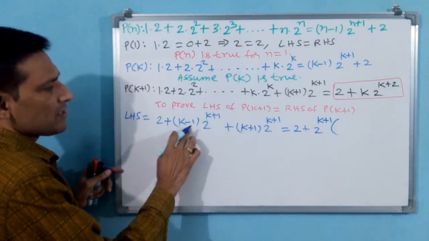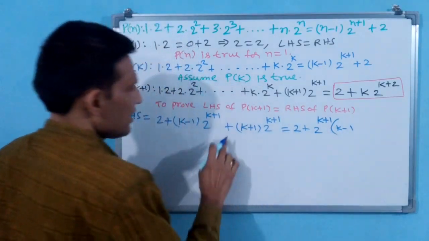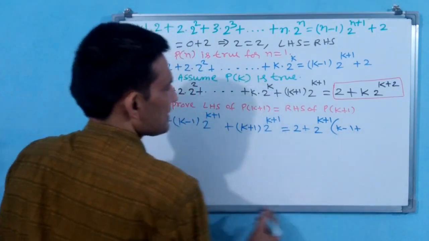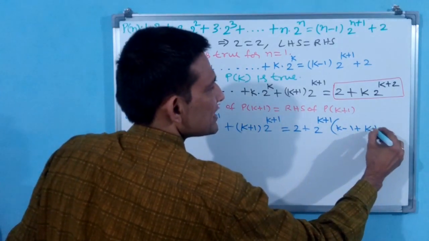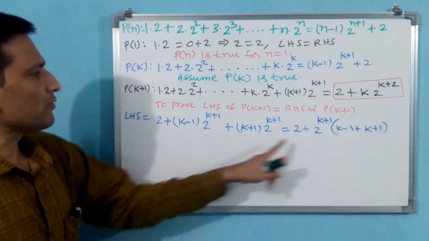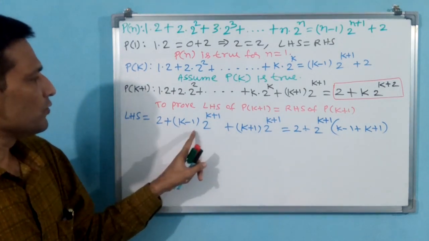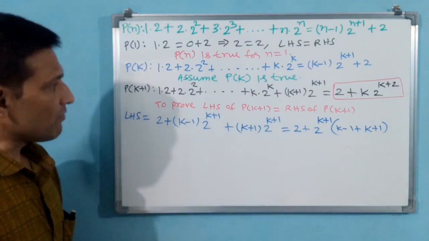See here k minus 1 is multiplying. K minus 1, you write k minus 1. Okay. Plus is there? Yes, plus is there. You write plus. Then what is multiplying here? K plus 1. You write k plus 1. Okay, is it correct? You see, why? Because 2 already I have taken. 2 is nothing to do with k plus 1. That is why separately we have written. Okay, you simply observe there what is there.